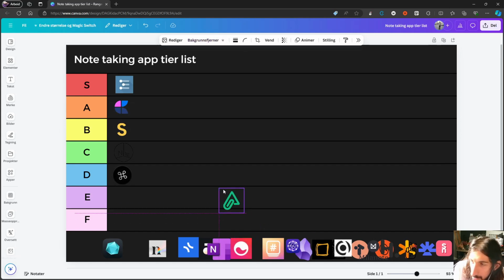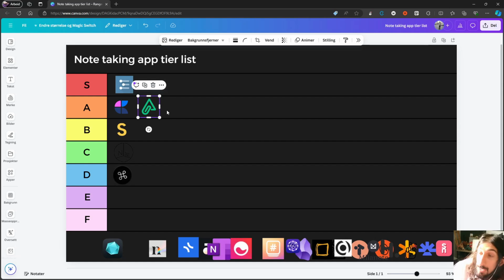Let's do Amplenote, and I would say that Amplenote is actually A tier. The UI might seem a little old, but the application is really good. It is fast, it does everything you need to, and it is probably the best for managing your tasks inside of a note-taking app. I haven't seen a note-taking app be able to manage tasks as well as Amplenote does it,